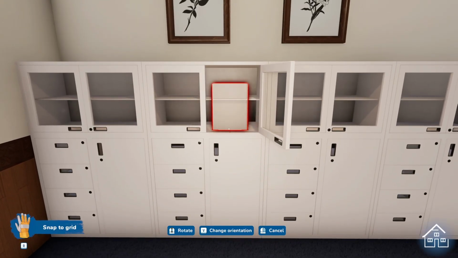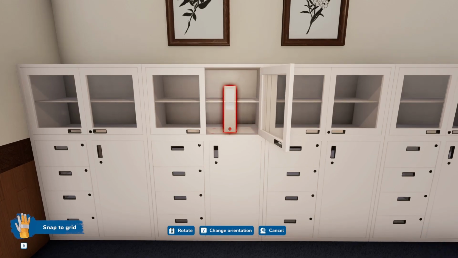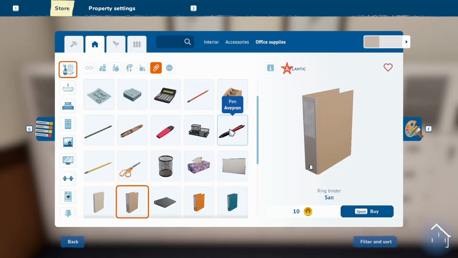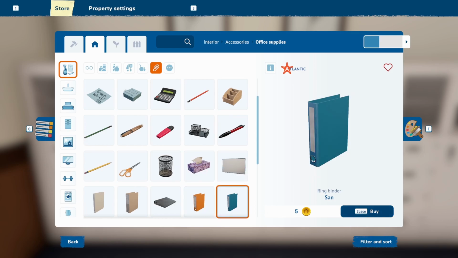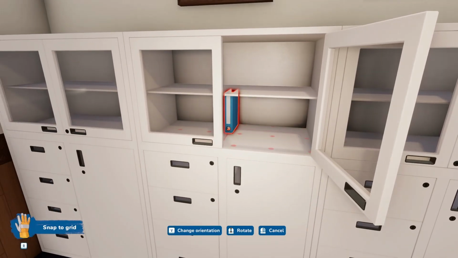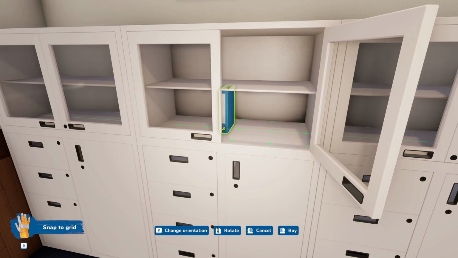No. Well, that's a little silly, isn't it? The filing cabinet. A littler one as well, but